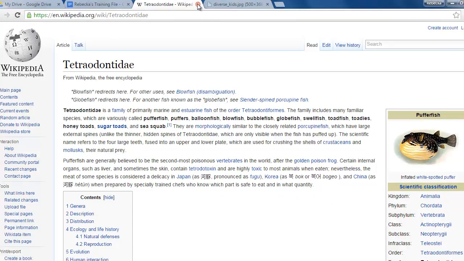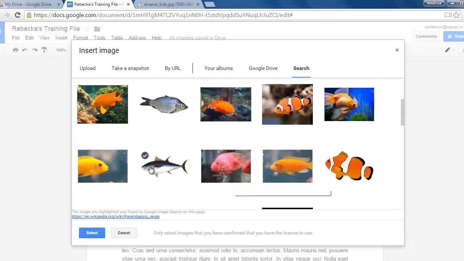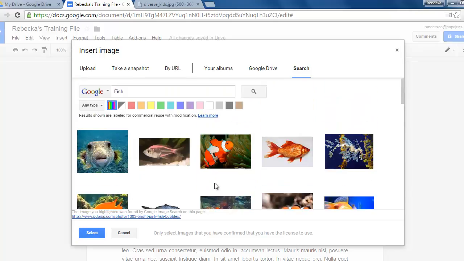I could click on the link, it'll take me to that page, and I could go through this page, look for the image, and make sure that I can use it. It's from Wikipedia. I've taken images from there before, and I understand what their policies are, so I know that I can reuse this particular image. Every time you select an image, you're going to get a link to a web page, and you're just going to want to go and check it out. You can see every time I'm clicking on it, the URL is changing down here. I like this one, and if I want to use this, all I need to do is hit